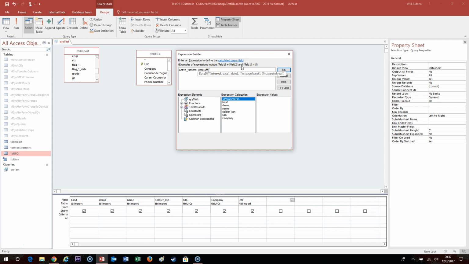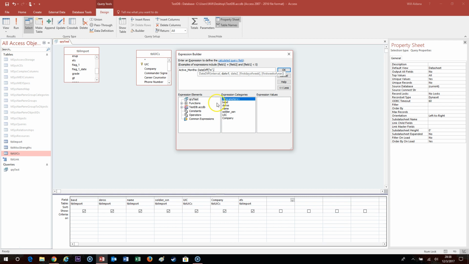So basically, the first thing I'm going to put is it's asking me the interval. So let's say I want to know how many months. So I'm going to put M because M represents months. I'm going to put a comma. Once I hit comma, you're going to see it's going to start showing date 1. So now it's telling me to put in the first date. So the first date I'm going to put in is,